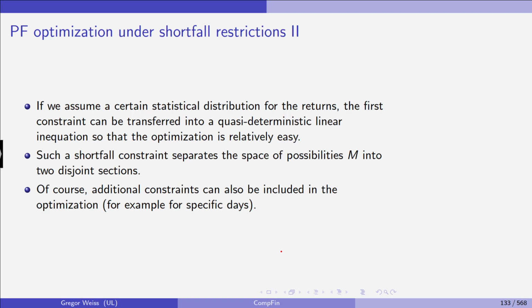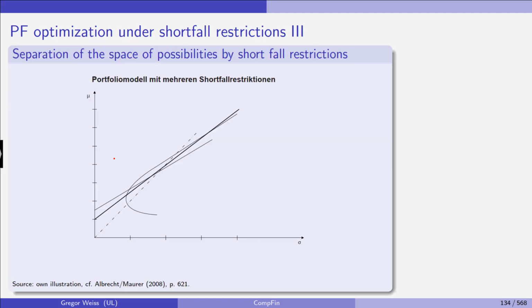And we can, of course, also include additional constraints for specific days or asset classes and so on, and that's not a problem. But what will happen is you have your eggshell, you have your efficient frontier, and so on,